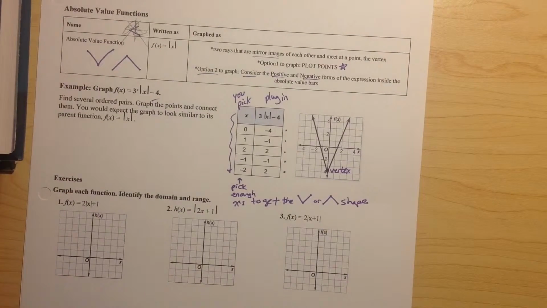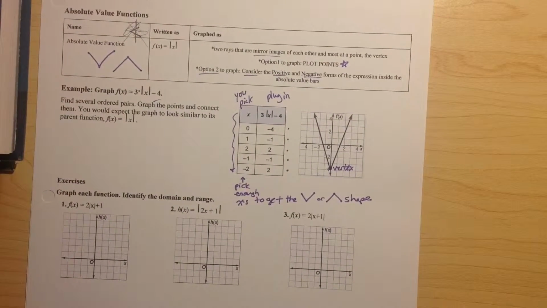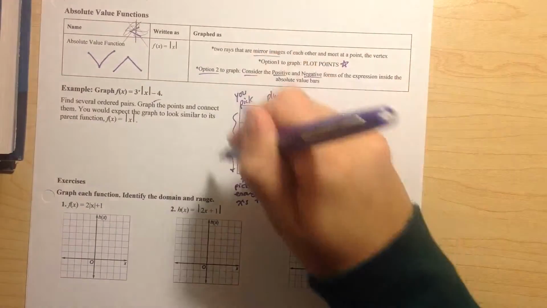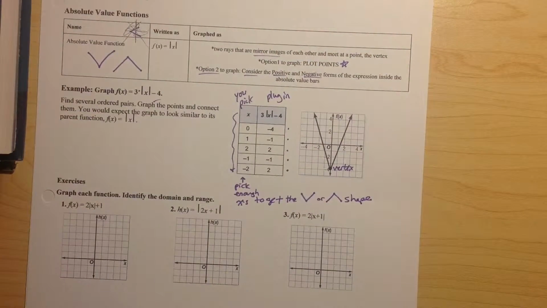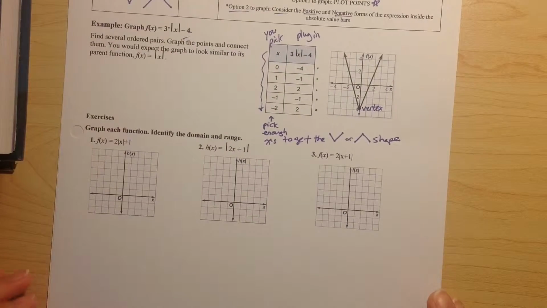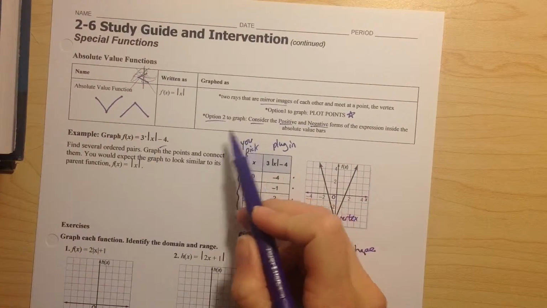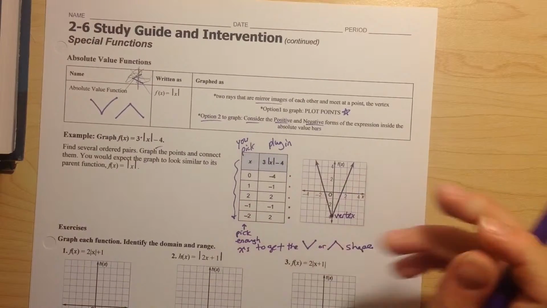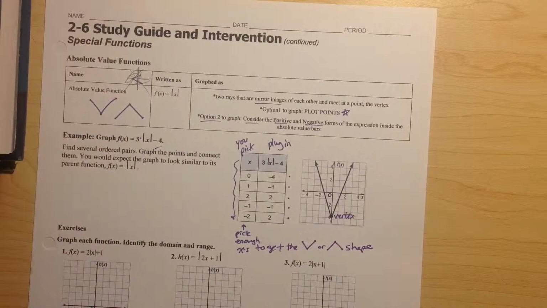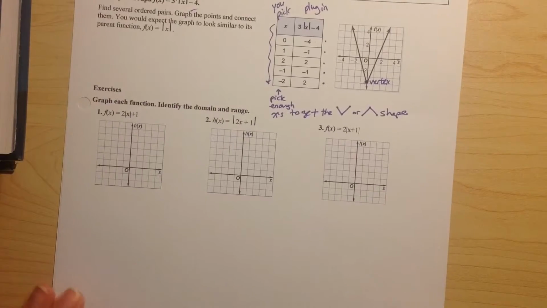Anyway, so let's graph one of these. That's your option 1 right there. Plotting points is easy. The other option I want to show you is option 2, which is what we're going to do down here for some of these. Option 2 that you have written up here, to graph these, consider the positive and the negative forms of the expression inside the absolute value bars. So if you take a look at these examples down here,